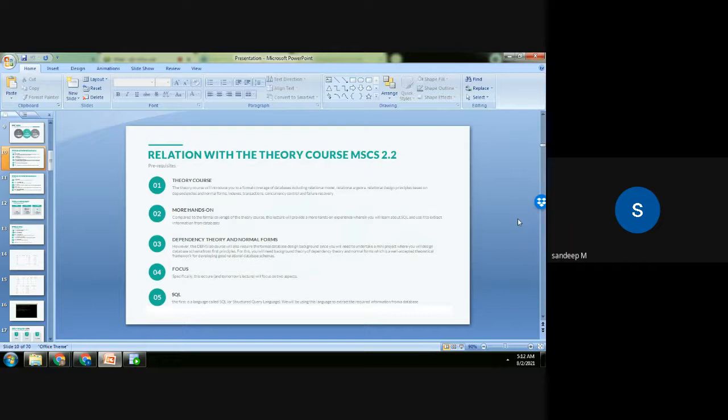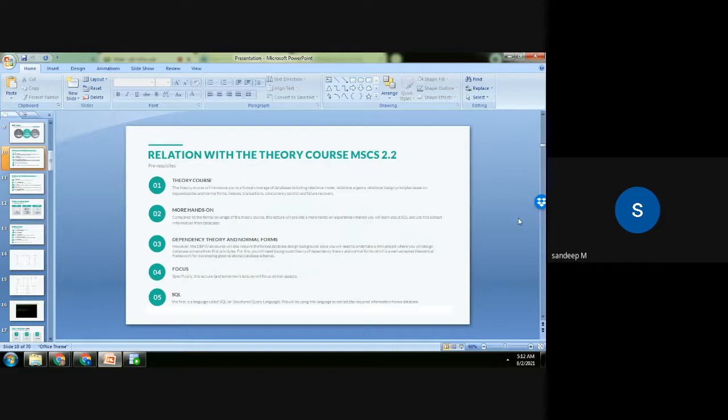But even though we don't require dependency theory and normal forms, that's very important. When you want to design databases from first principles, if you want to have a good database schema, the knowledge of database theory, the functional dependencies, and normalization are all very important. So yes, for our course on web technology, that's not required, but don't neglect it in your DBMS course. That is equally as important as SQL.